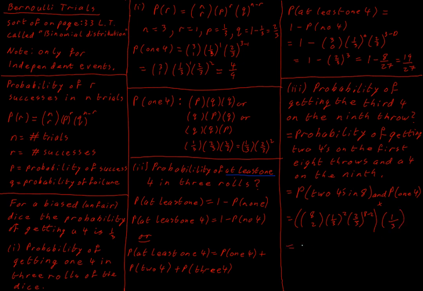When we throw all of that into our calculator, we get 1792 over 19683, which is approximately equal to 0.091. So those are our different steps for our Bernoulli trial, and you can see how